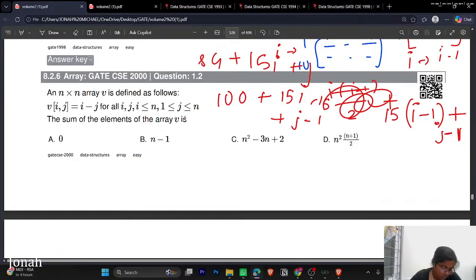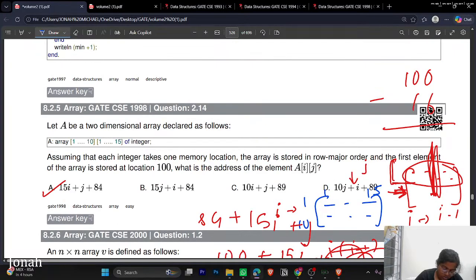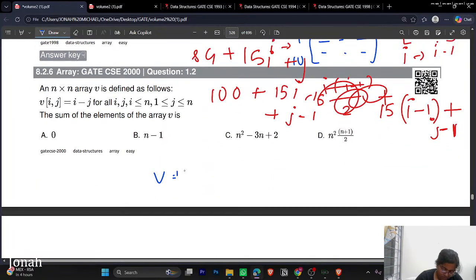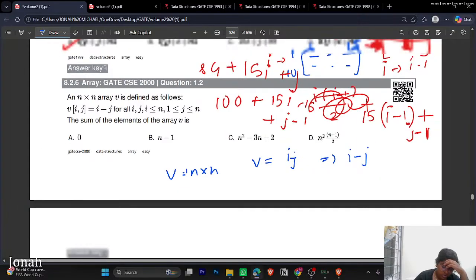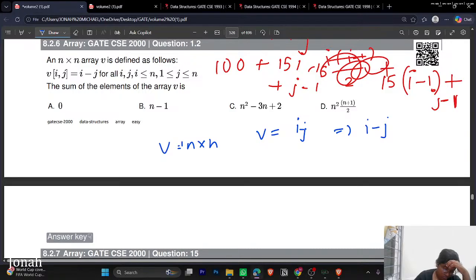So V is an array which has... V of ij is i minus j. So sum of all elements. And I think the best way to do this is